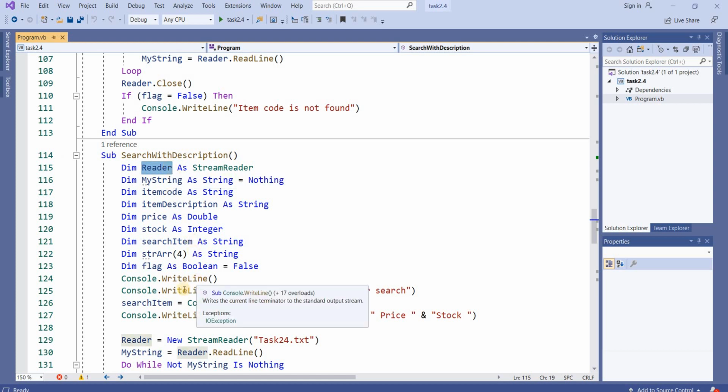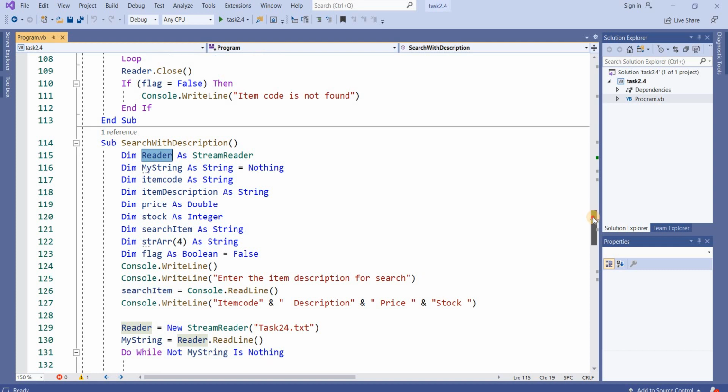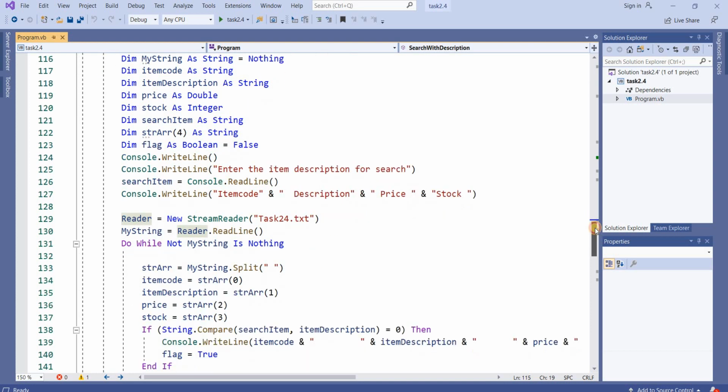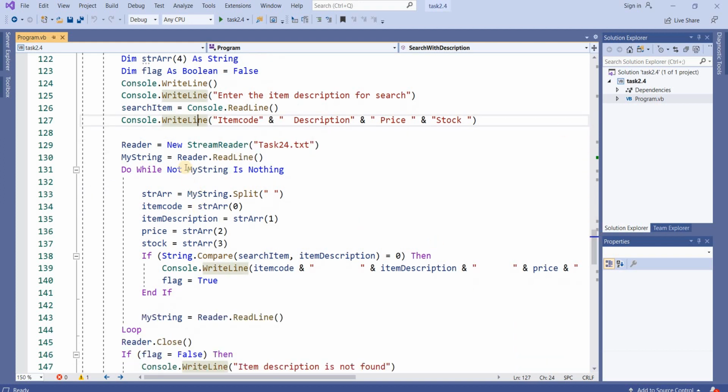All the code is the same as you have seen in the previous function. The only difference I have made is: enter the item description. I have used the same variable, search item, where I found the search item code. After this it will display the message and do the same thing. All these things are the same.